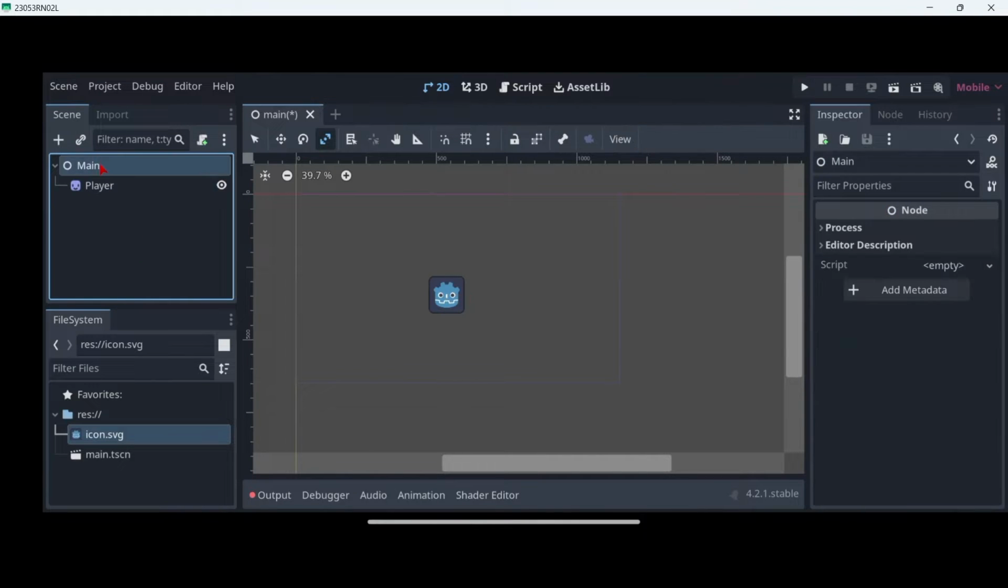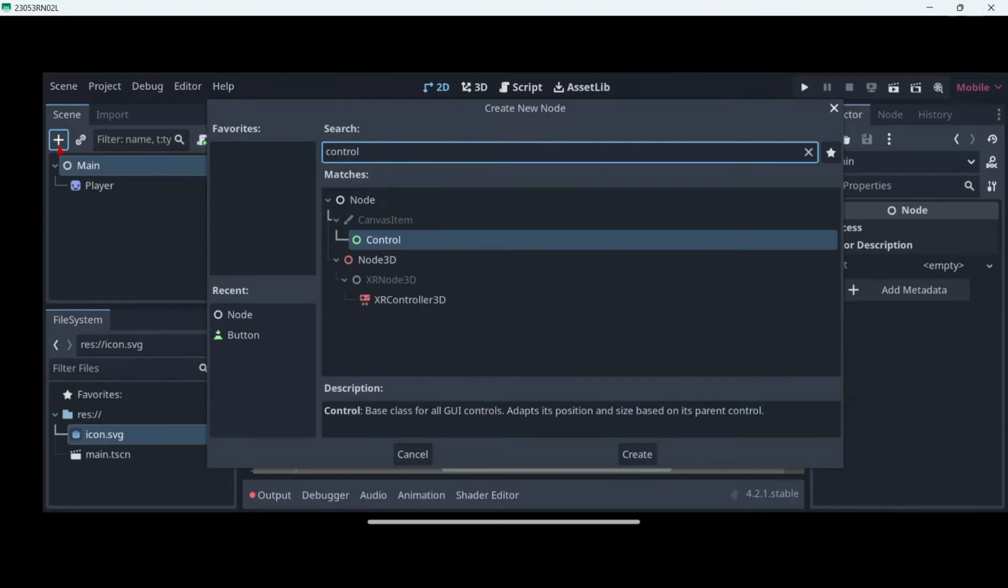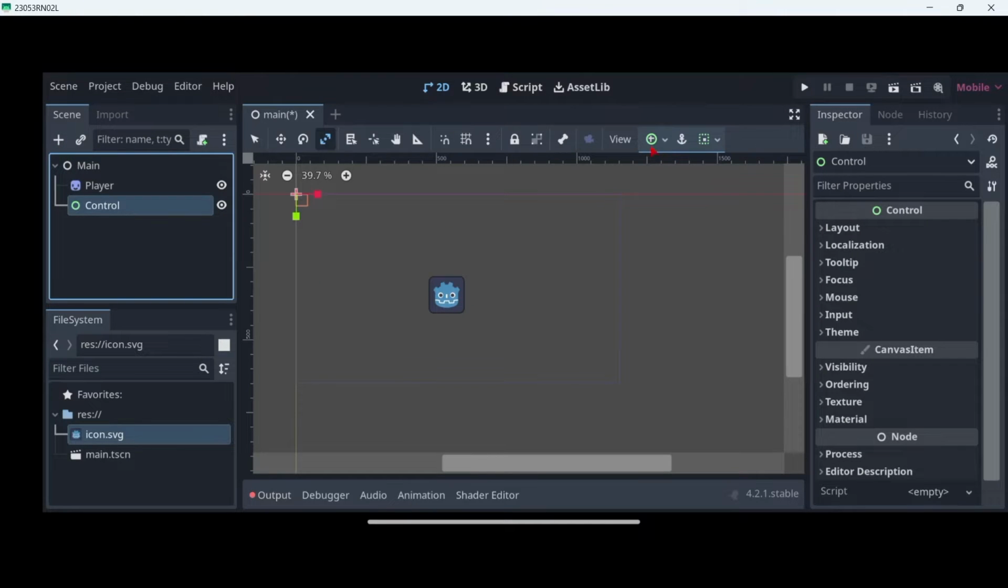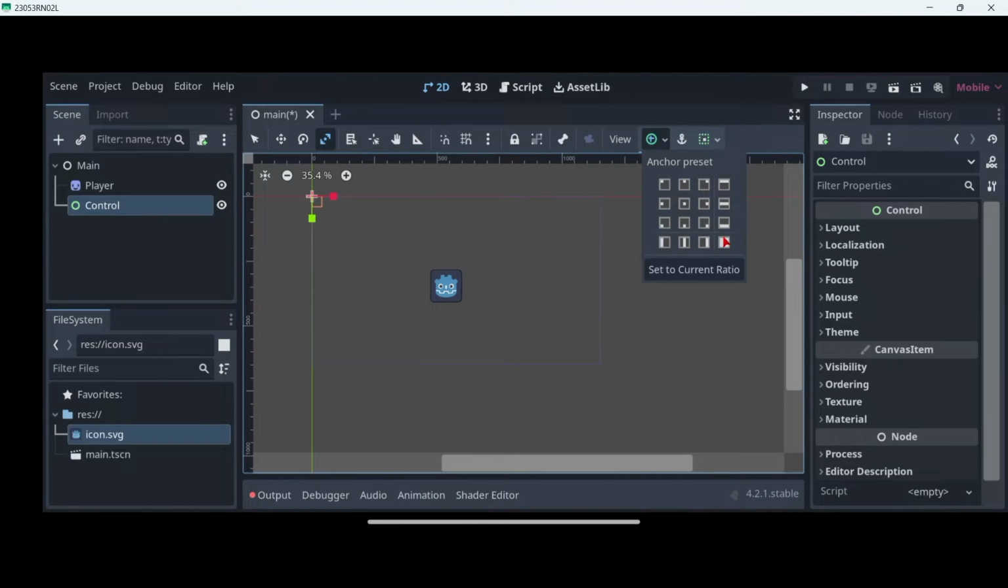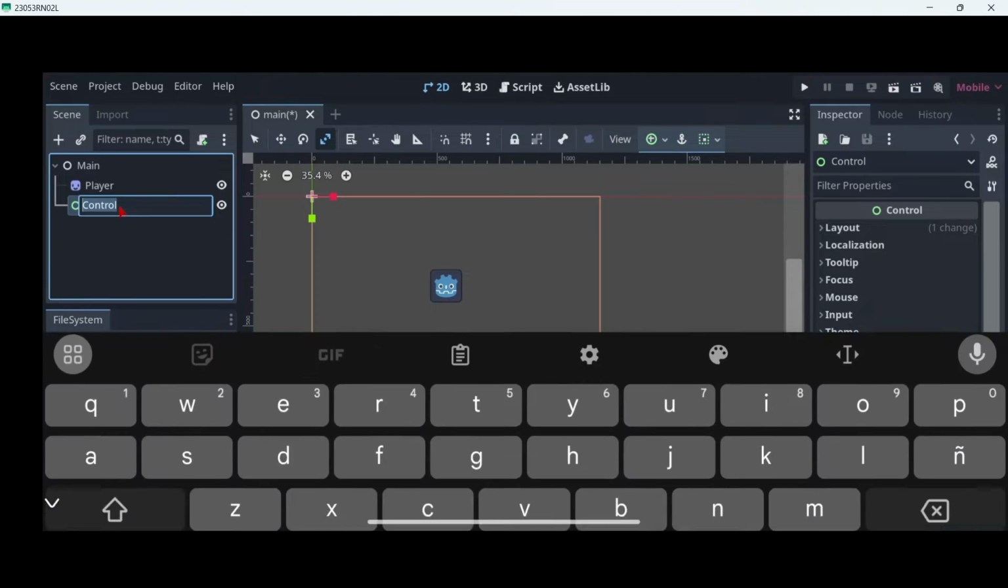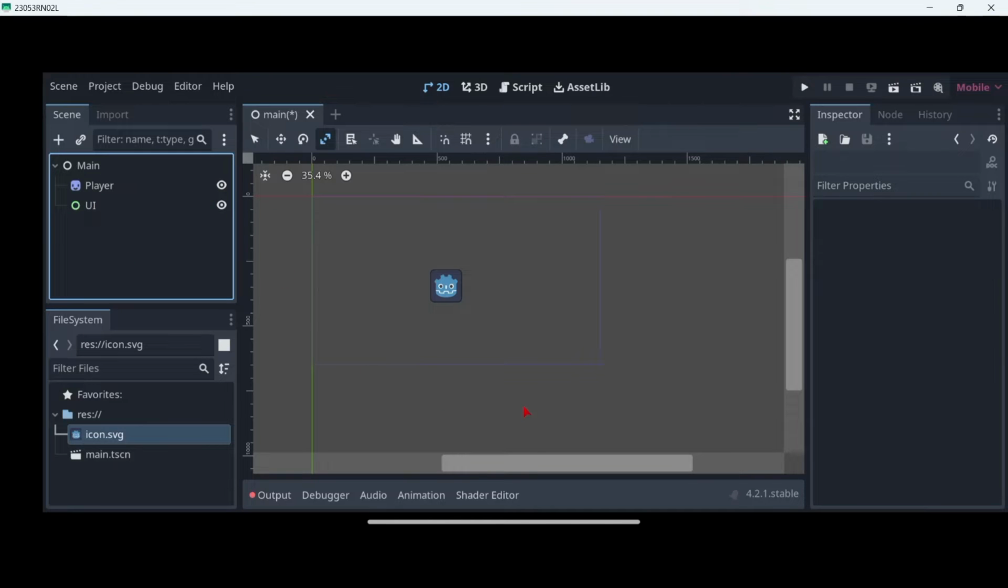Now, let's select again our main node. And in this case, we are going to look for a control node, okay? So now, as you can see, the node is super small. So we will have to make it bigger to make it cover all the screen. So we are going to go to the anchor presets button and click here full rect. Okay, let's rename this one to UI,